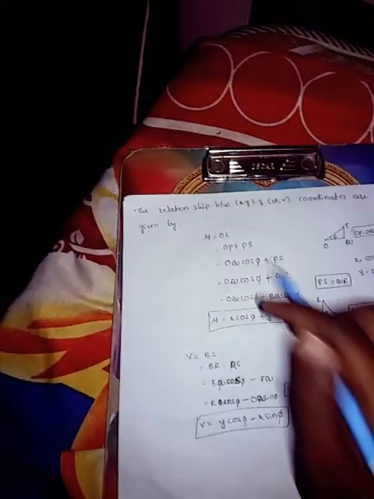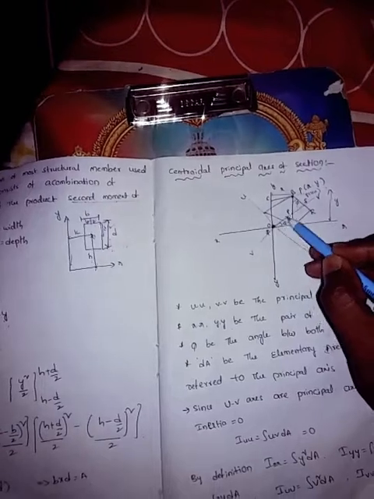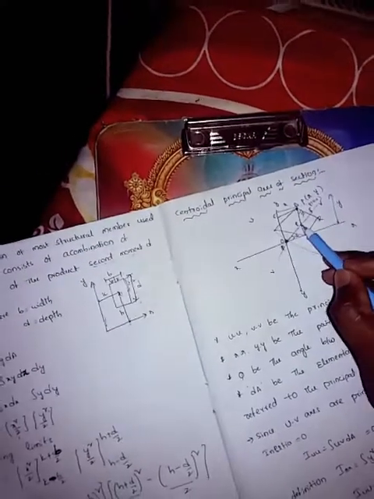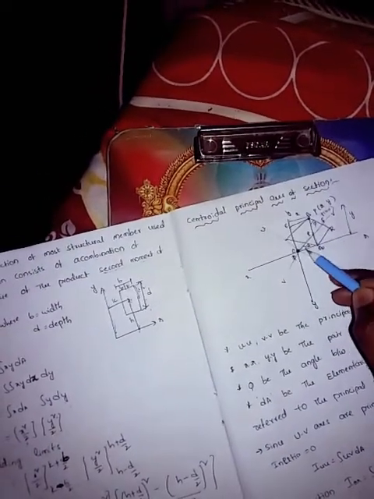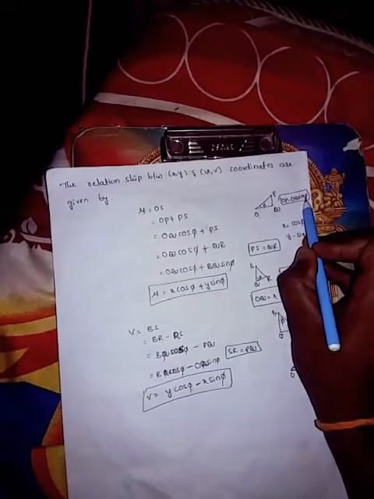Next, u is equal to, we consider this line OS. OS is nothing but OP plus PQ. Therefore, OP we find by forming a triangle OPQ. Therefore, OP is equal to OQ into cos phi. Cos theta is equal